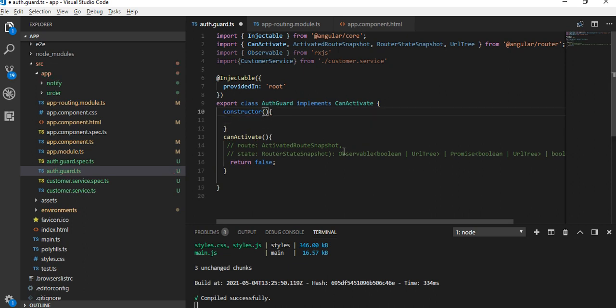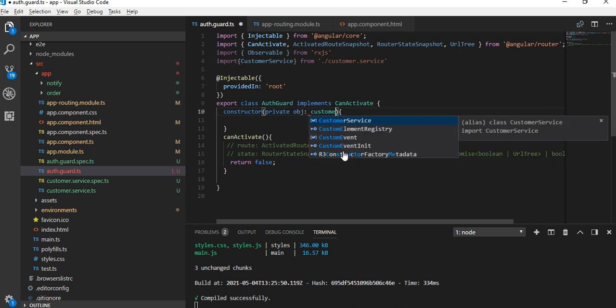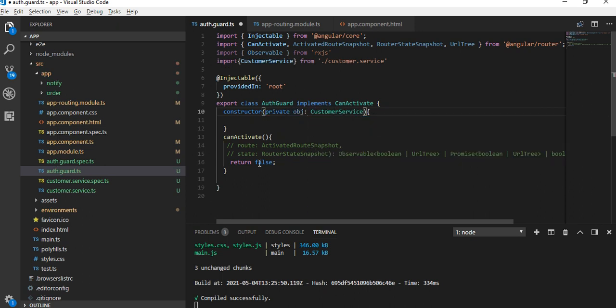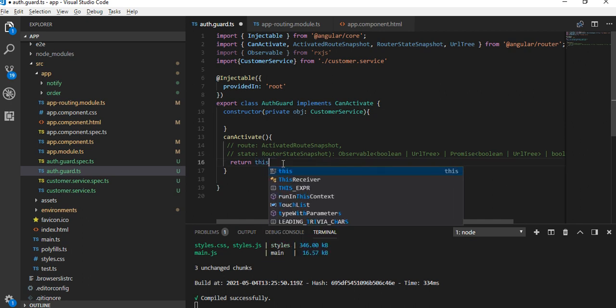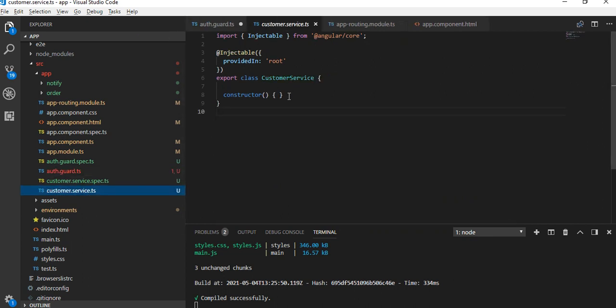So we'll take the private obj and the service name. Here we'll define this.obj., there is no method defined on the service, so let's define one method. Say checkAuth, this is a function to check auth, and just return